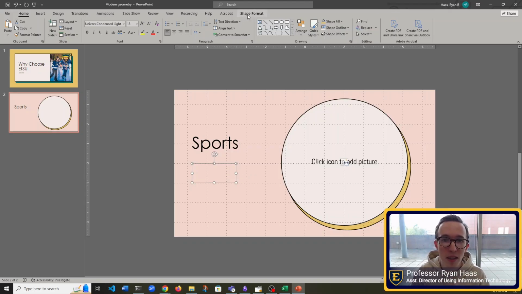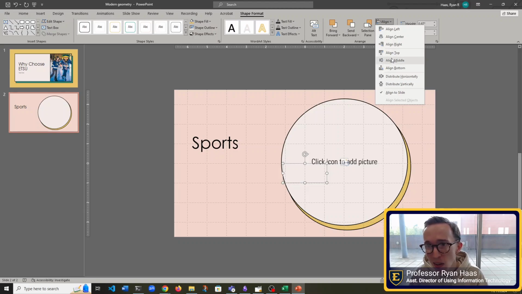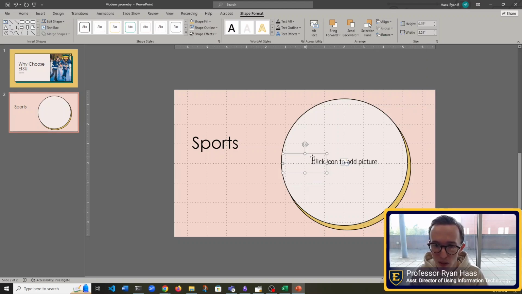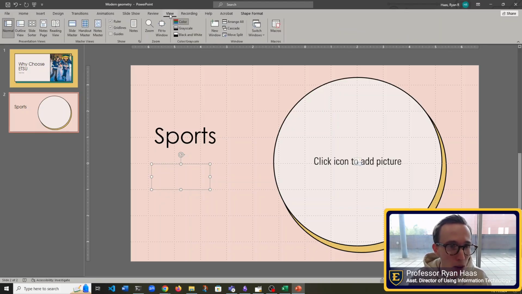Now on this slide it wouldn't be ideal, but I can go to shape format. I can choose align, and this is how I can align it in the center and the middle for vertical alignment. Now obviously that's not going to work on this slide, so I want to align it over against this text here. And I forgot to mention that I have these grid lines turned on because they help me align things better. Now they don't show up in presentation view, but to enable the grid lines, if you go to view and select grid lines here, I like these and I like the ruler.